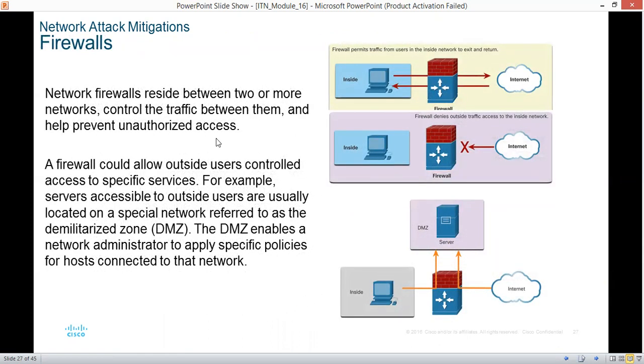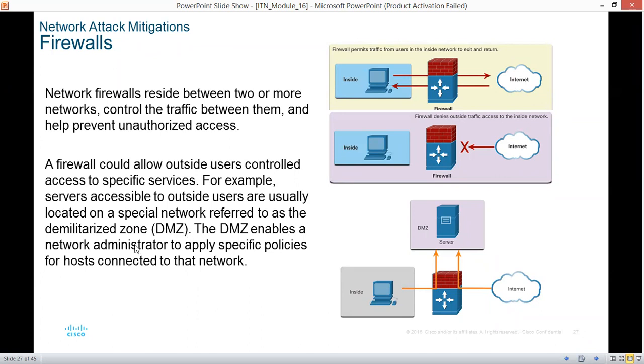So for firewalls, network firewalls reside between two networks, control traffic between them, and help prevent unauthorized access. Like I said earlier, if you still recall, the firewall could allow outside users controlled access to specified services. For example, servers accessible to outside users are usually located on a special network referred to as a demilitarized zone. So this